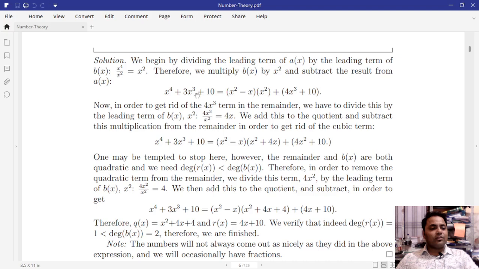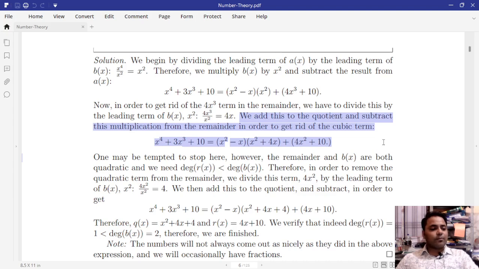Then x to the 4 plus 3x cube plus 10 is equal to x square minus x into x square, plus 4x cube plus 10. Now, in order to get rid of the 4x cube, the leading term in the remainder, we have to divide this by the leading term of B(x), x square, that is 4x cube by x square is equal to 4x. We add this to the quotient and subtract the multiplication from the remainder in order to get rid of the cubic term. So x to the 4 plus 3x cube plus 10 is equal to x square minus x into x square plus